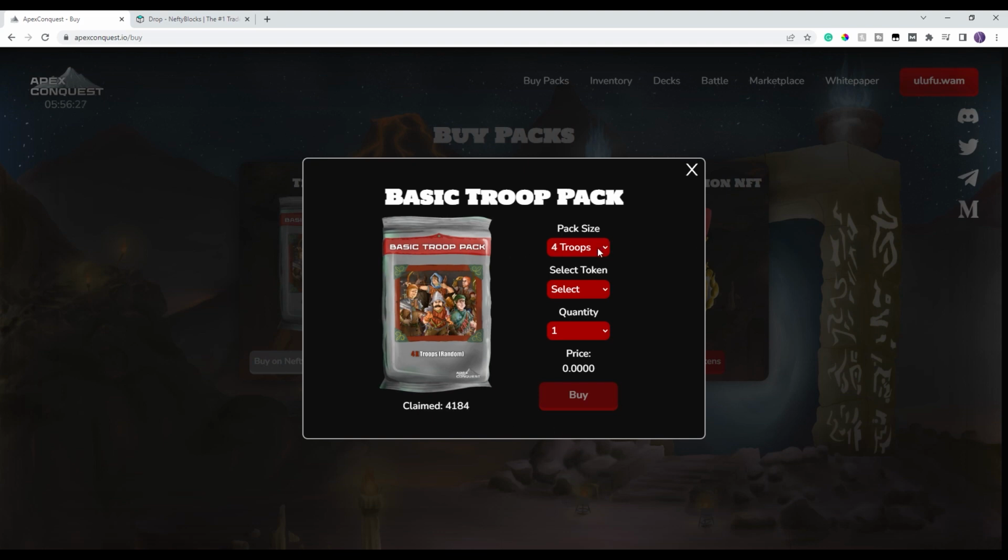It's going to give you the option between a 4 troop pack and a 20 troop pack. For this video, I'm only going to do a 4 troop pack. And then you have a selection of a number, and I should say overall growing list of secondary tokens that you can use. Everything from M Source to Brawler,